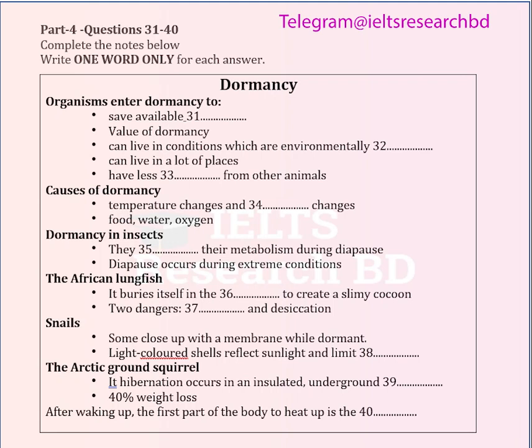We'll continue that discussion by looking at dormancy. First, we'll cover what dormancy is and why organisms become dormant. Dormancy is a state of inactivity that organisms or living things enter when they need to conserve the resources available to them and reduce their demands on their environment. Most major groups of plants and animals have some representatives that can become dormant.